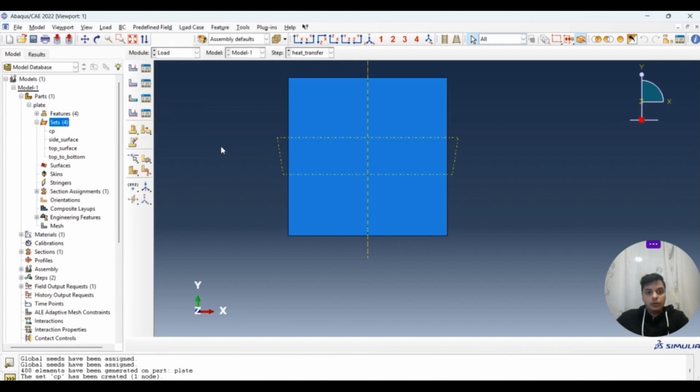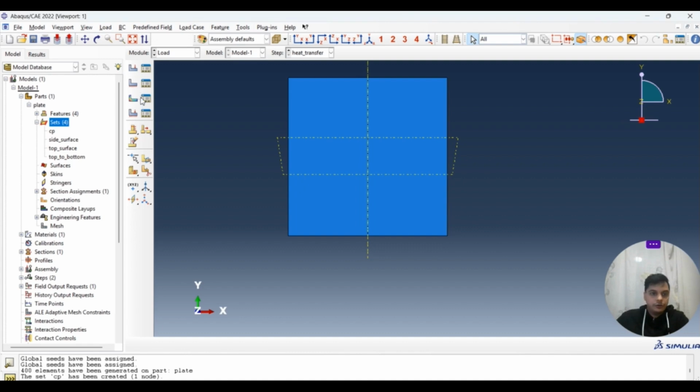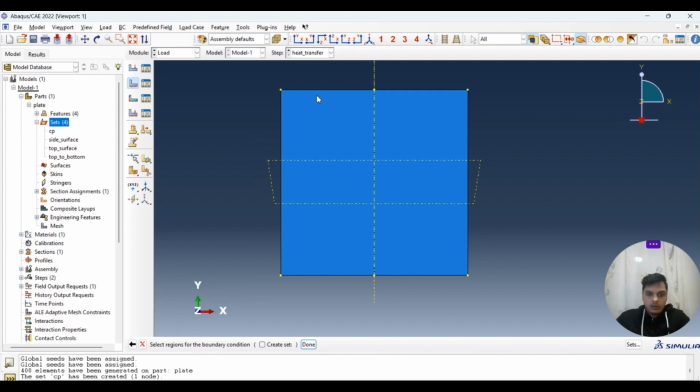We have to create the load here, and the load is create boundary condition. The first boundary condition we want to create is the top.